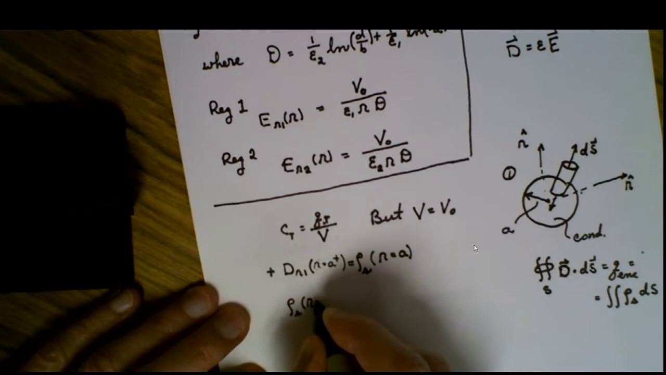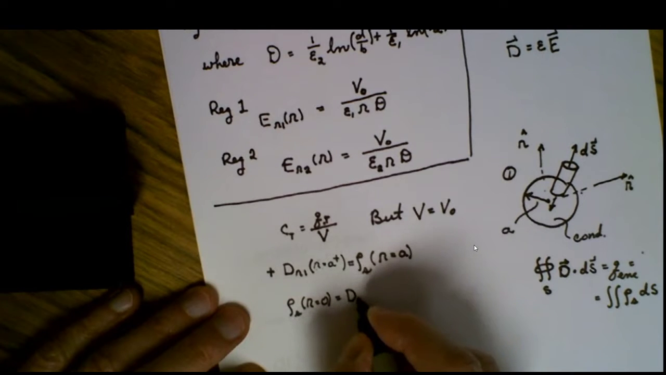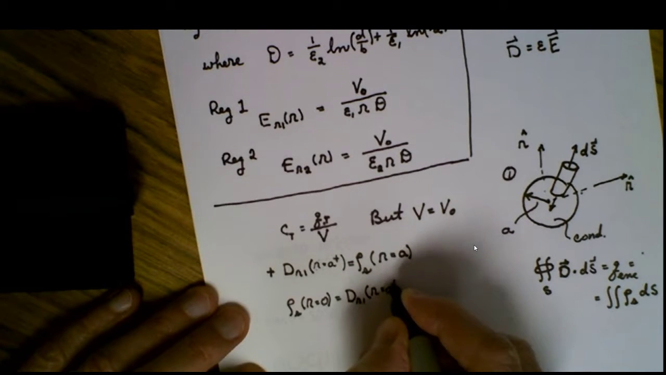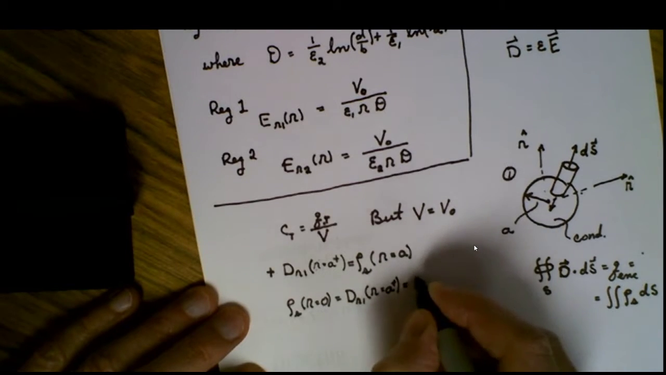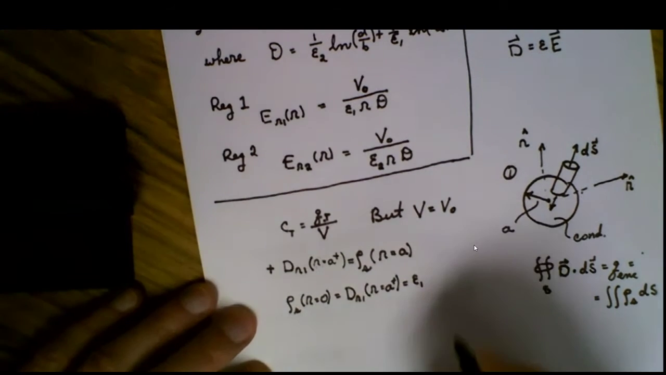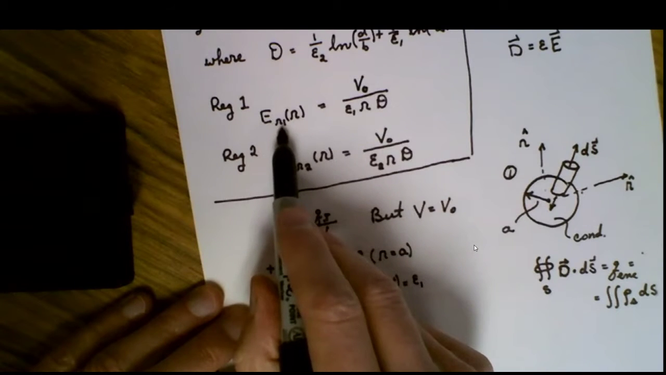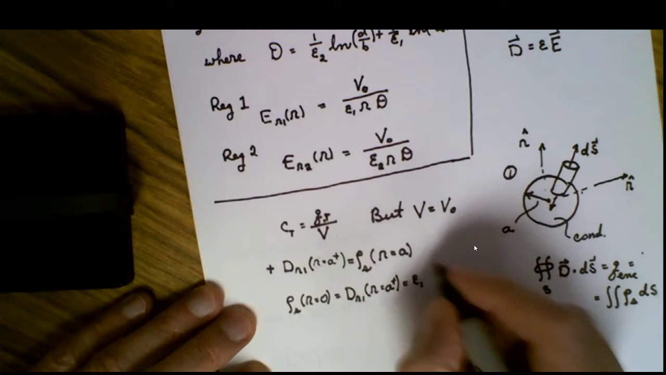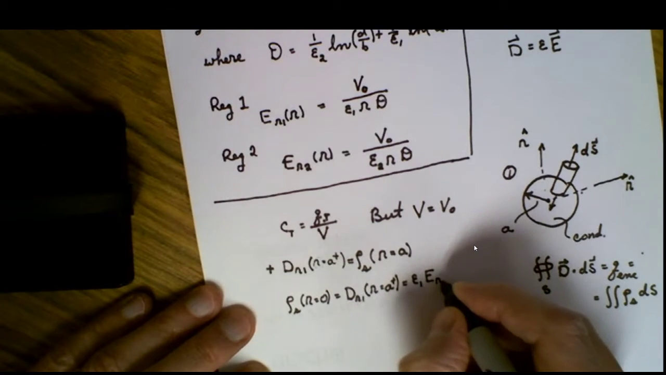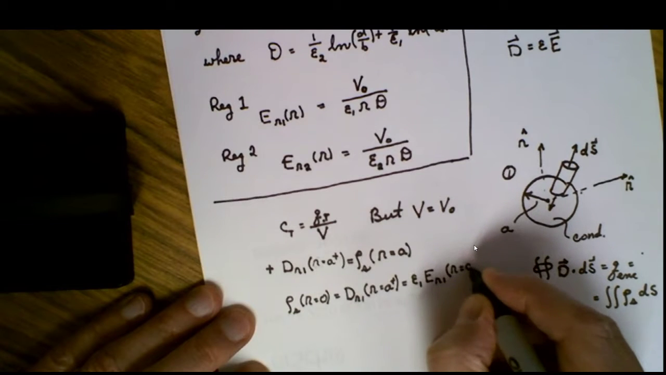at R is equal to A is equal to the electric flux density of region number 1 at R is equal to A plus, which is equal to the permittivity in region number 1 times, since we're in region number 1, we must look at the electric field in that region. And I'll write it out. And then this is evaluated at R is equal to A plus,